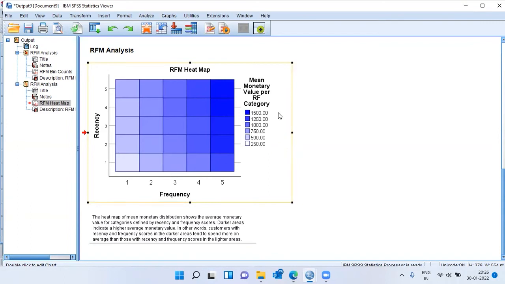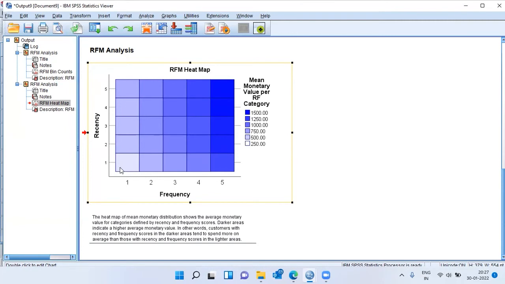You can look at the legend here. Now, the darker the blue color, it implies those customers who are big spenders, and the lighter the blue color indicates that these are customers who are small spenders. Ideally, I would be looking at this particular box because this represents those customers who have visited the shop most recently. It also represents those customers who come often, and the monetary value that they spend when they visit the shop is quite high. So this is the quadrant of interest, and this is the quadrant of concern because it